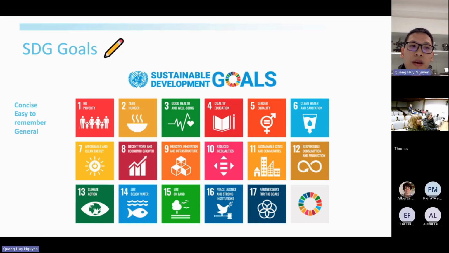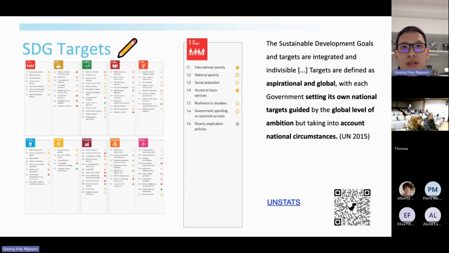They come with really simple graphics and also short, really concise text to remember. So we can understand and see them really clearly in this case. And in order to finish one goal, they also clarify by creating several targets.